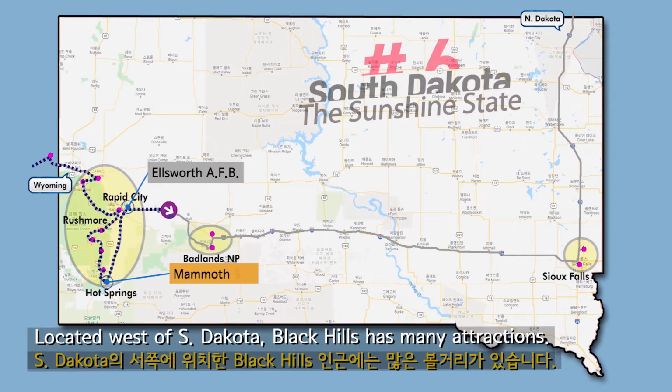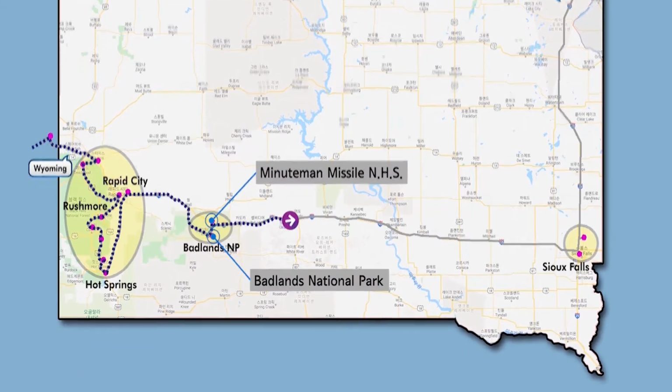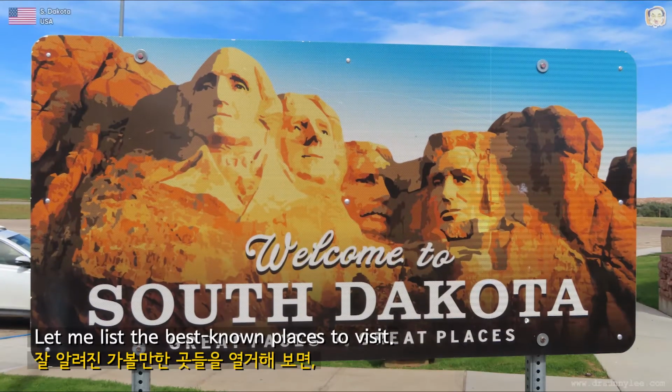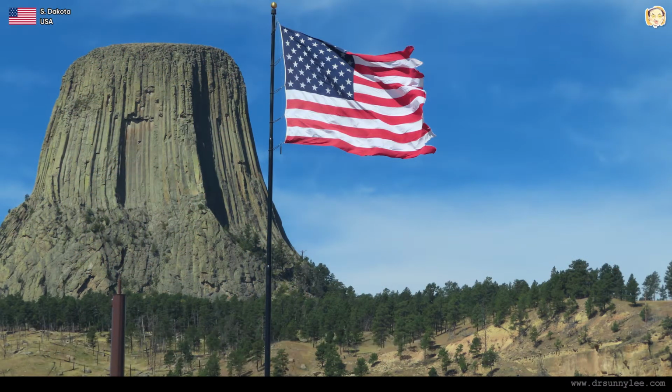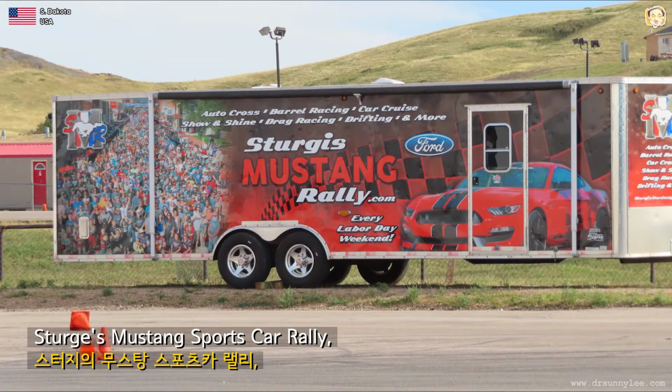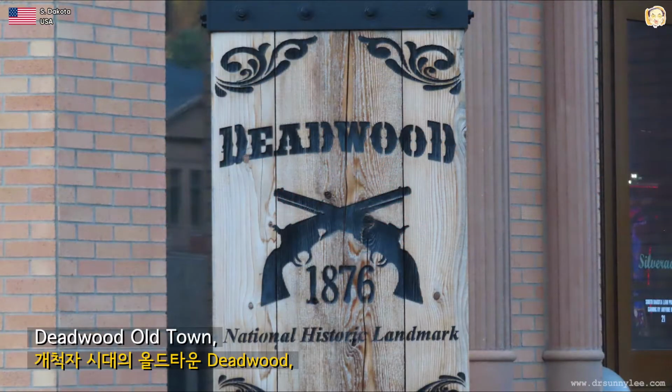Located west of South Dakota, the Black Hills has many attractions. Let me list the best-known places to visit. The Devil's Tower on the border of Wyoming, the Sturgis Motorcycle Rally, Deadwood Old Town,